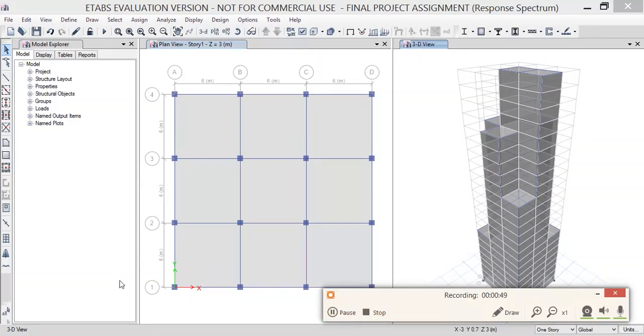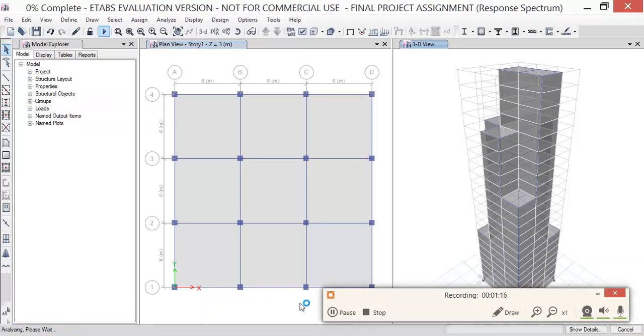So right now we will be carrying out the analysis of the seismic resistant structure using the response spectrum method. Here you can see, as I am running the analysis for the G+23 storey structure after defining all of the properties of material as well as the section and using the auto select option, the analysis model is being created and the analysis process is going on. The status of the analysis can be viewed at the right hand side bottom of the second window. The analysis of the structure may require some time, as it is a G+23 storey structure.